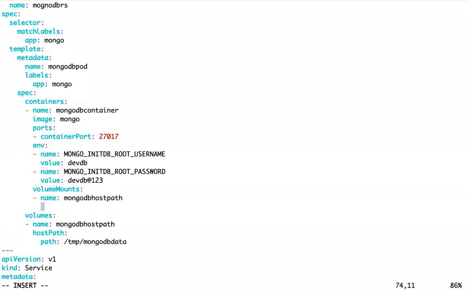Here I am going to mention the mountPath, to which one it has to mount. Since it's a Mongo database container, what is the important directory I want to mount? It is /data/db.